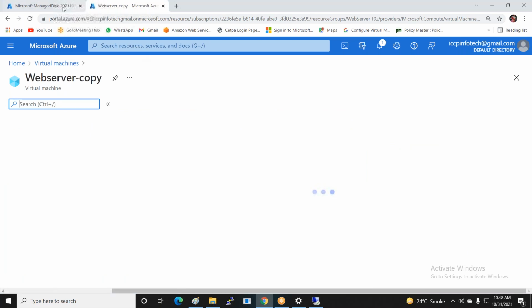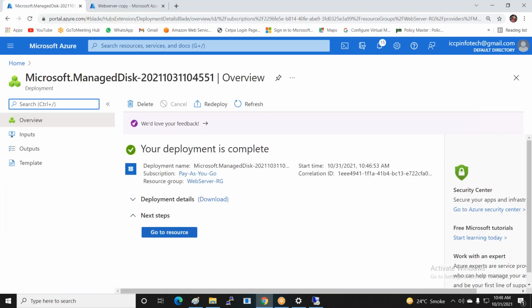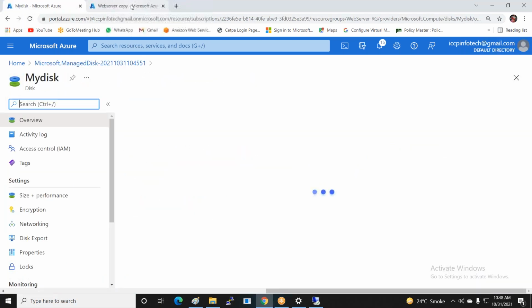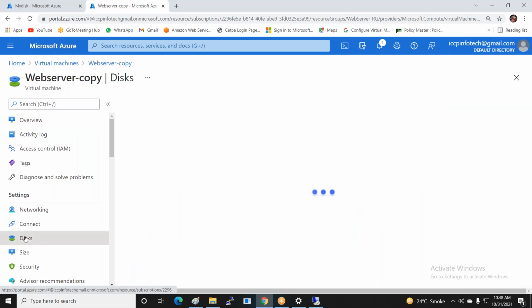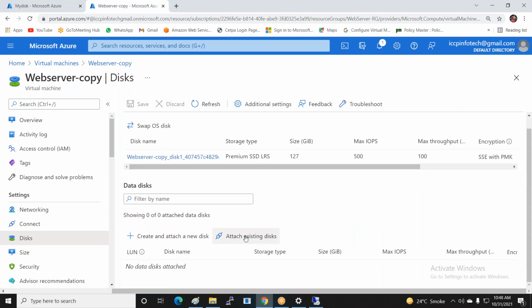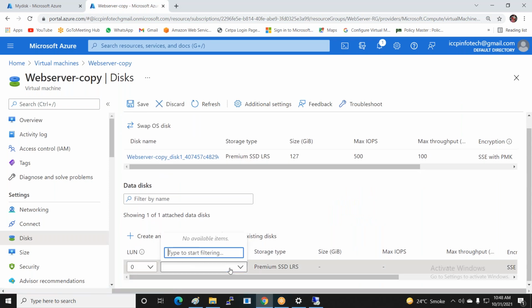So it's my web server, I think the disk is complete. Yeah, it deployed successfully. So now I come here and refresh the console of the machine, and click on disk and attach existing disk and select the disk.